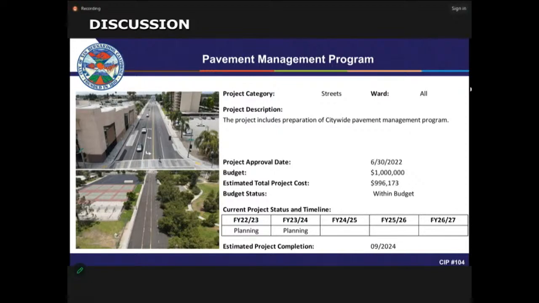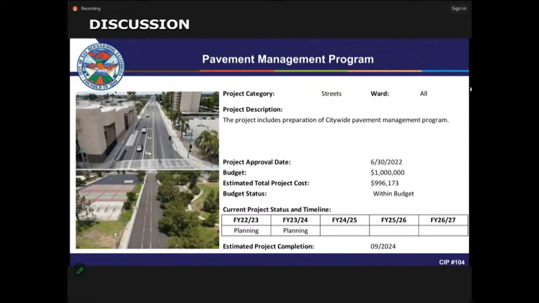So the consultant will assess and conduct field surveys for every street in the city network and identify these ratings for each street segment within the network,